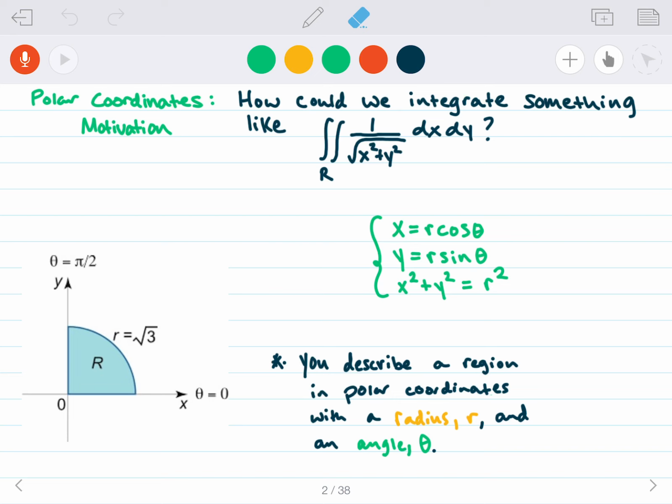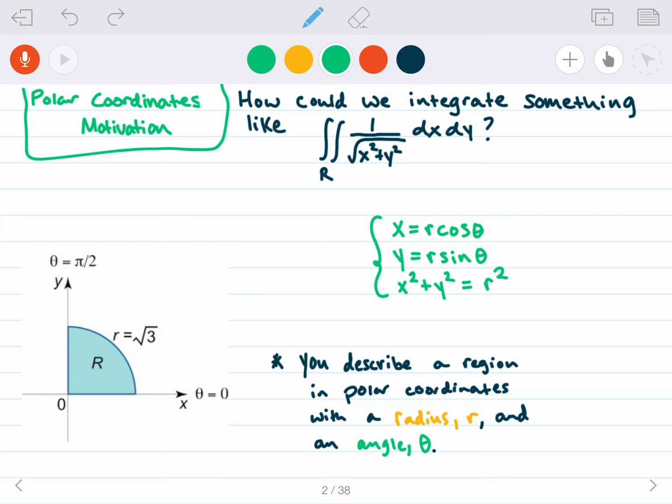Okay, so the reason that we are changing into a different coordinate system is because we're going to come across integrals that look something like this, that are way too hard to integrate with respect to x and y. So the idea here is to change a super complicated integral into something that's not so complicated by changing the